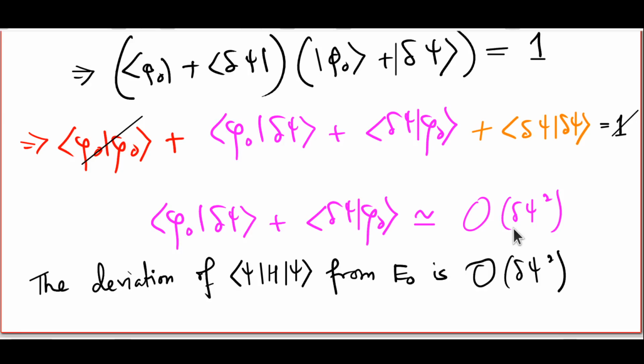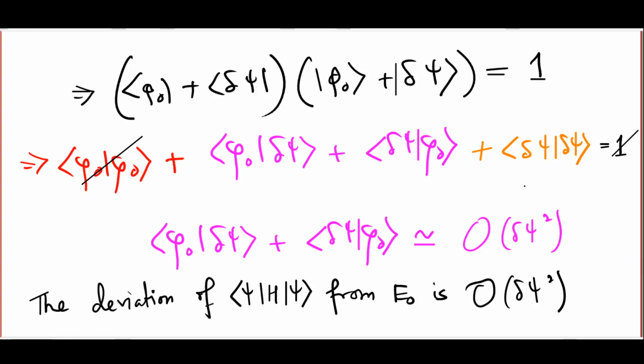Note that when the wave function differs from the ground state wave function by a first order term, the energy differs by a second order term, which is why as long as you have got reasonably close to the ground state wave function, your energy is going to be a much better estimate to E0 than you would otherwise expect. So now that we have understood why the variational method ends up performing much better than you would otherwise expect it to, let us turn to the question, just how close is the variational estimate to the ground state energy